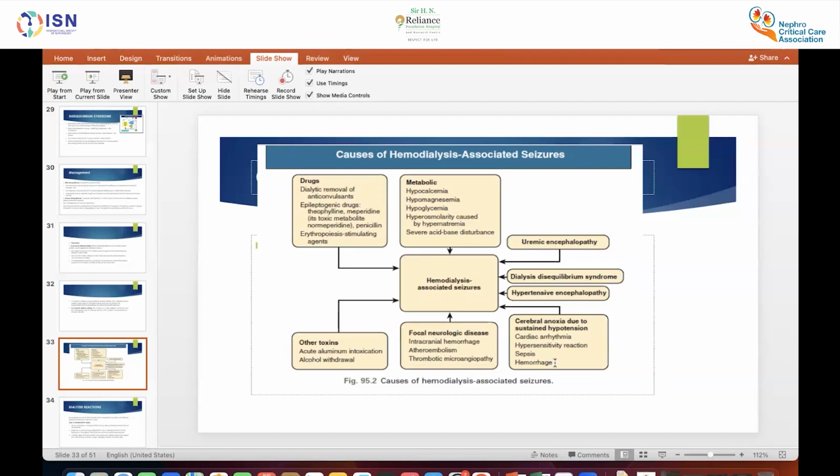So when we are doing bicarbonate-based dialysis, we are actually neutralizing the acid, and after the dialysis there are 2-3 things